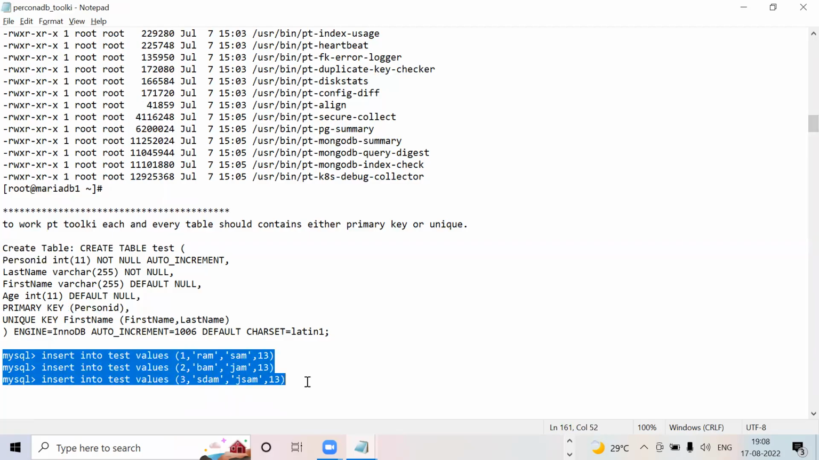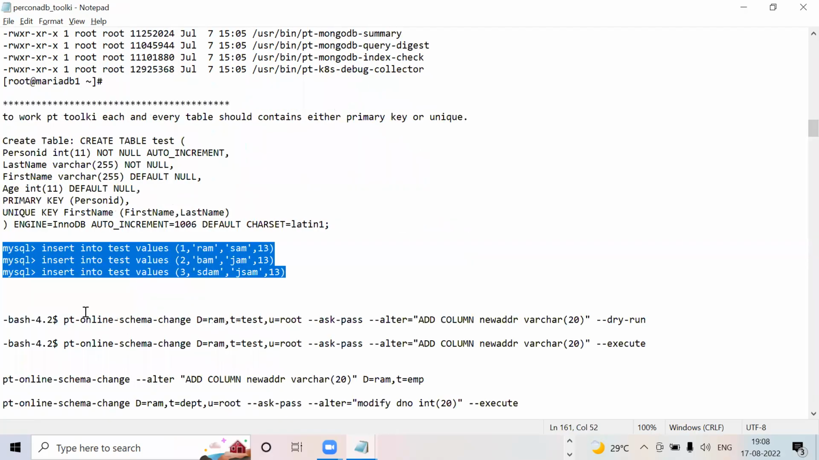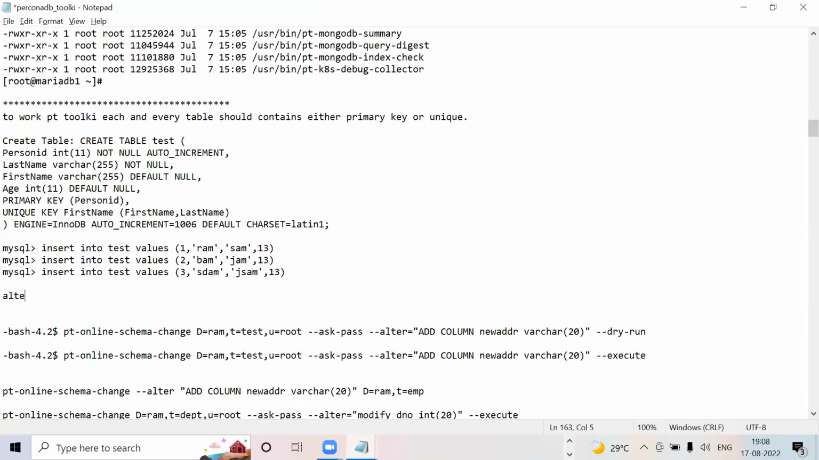I will insert some records. After that, I will do the schema change. Normally, whenever you are going to add a column, how will you add it? ALTER TABLE. The table name is test, right? Sorry, ALTER TABLE table name ADD COLUMN. This is the syntax: new address varchar(20). By this time, if anyone wants to insert data, update data, or alter the table, it